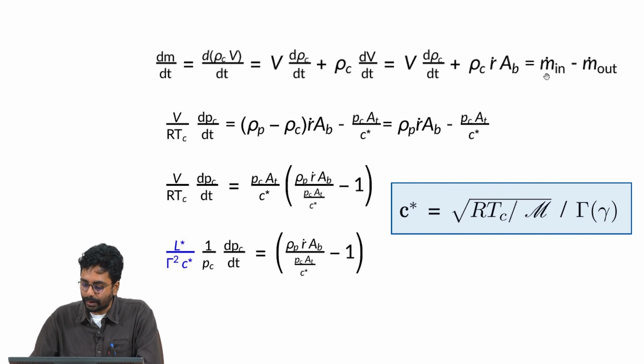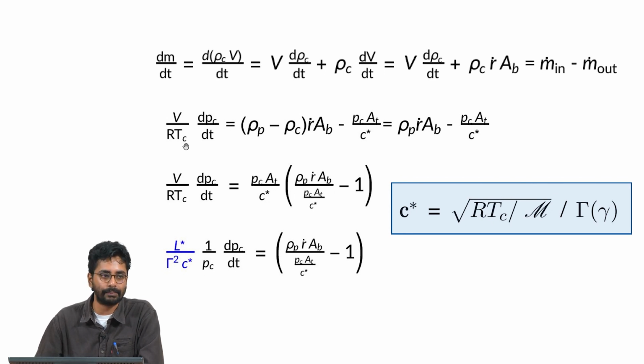So, the rate of change of mass inside the port is equal to the mass generation rate minus the mass outflow rate, from mass conservation. Now we have different terms. The density can be written as pressure divided by R Tc, the pressure in the chamber divided by R Tc, where Tc is the equilibrium temperature which does not change. So, it is constant, it only depends on the composition of the propellant. So, V/(R Tc) dPc/dt is equal to, I am just rearranging the equation, these terms go to the right.